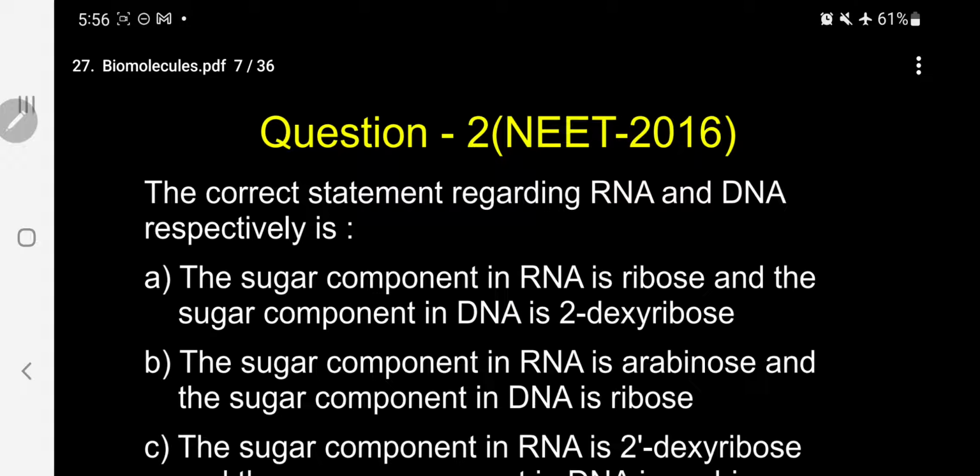RNA is ribonucleic acid, DNA is 2-deoxyribonucleic acid. The options are A. The sugar component in RNA is ribose and the sugar component in DNA is 2-deoxyribose. The second possibility,